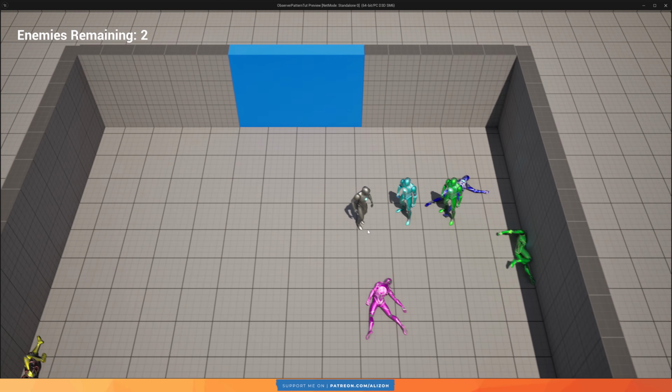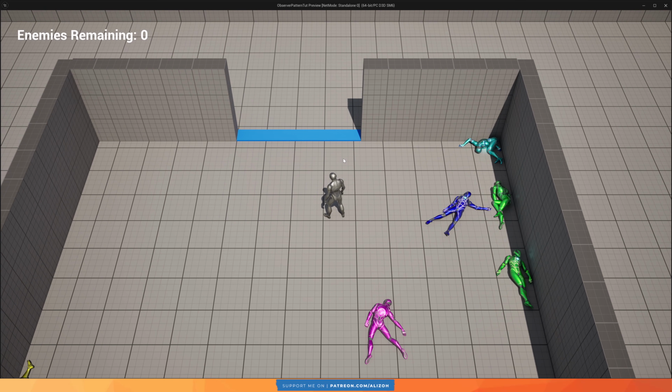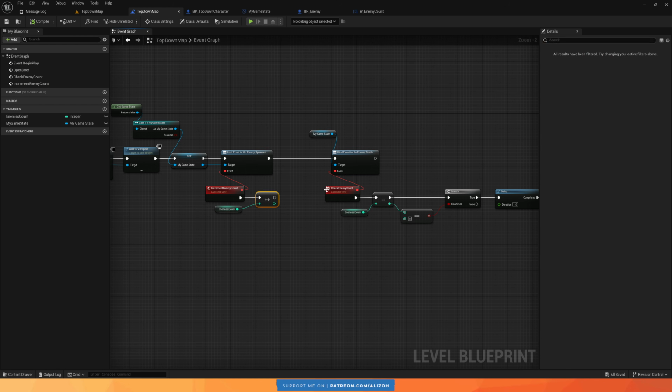Perfect. Door still hasn't opened. Door still hasn't opened, and only now does the door open. Excellent. So now what we've done is we combined the observer pattern with the mediator pattern to create an event